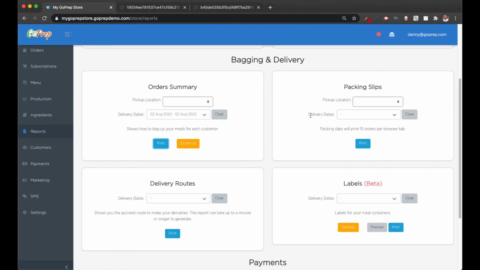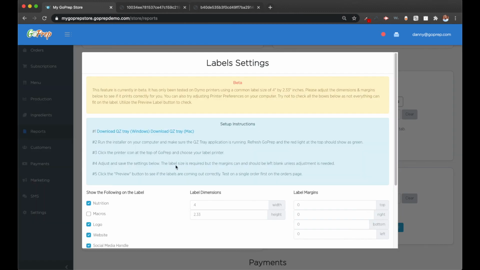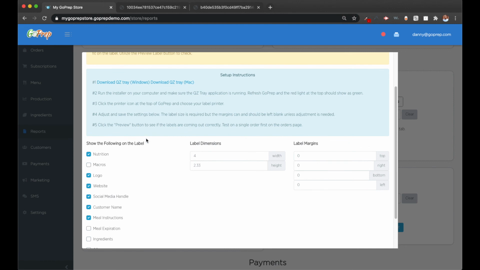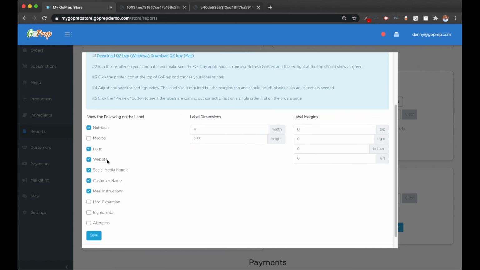Also, while we're on this reports page, you could bulk print those packing slips we went over earlier. You could print out delivery route reports, and you could print out labels that could be placed onto each of your individual meals. So when we come into the settings for our labels, you'll see some instructions here, such as downloading this application, which lets your printer communicate with our site. And you could also select what details show up on that label, such as the nutrition facts, your logo, the customer name, any meal instructions, and you could set any particulars such as the label dimensions and margins here as